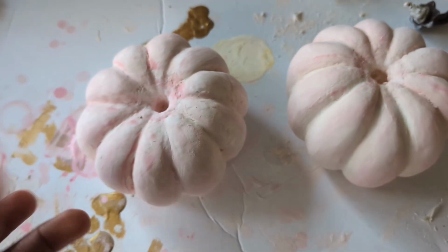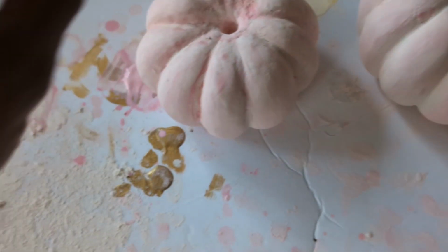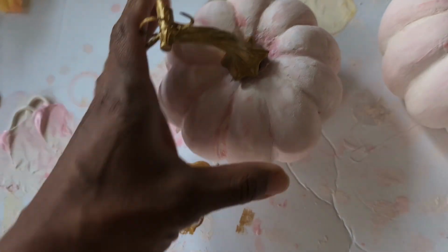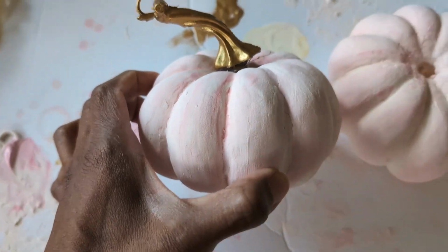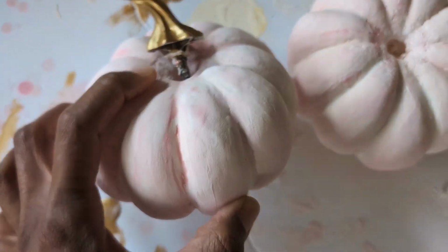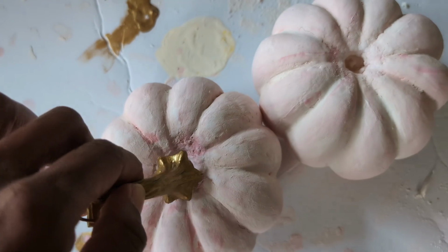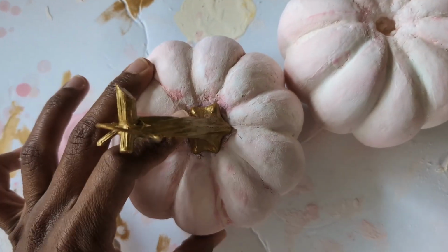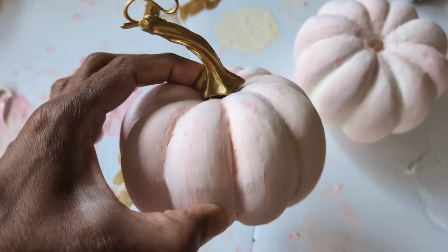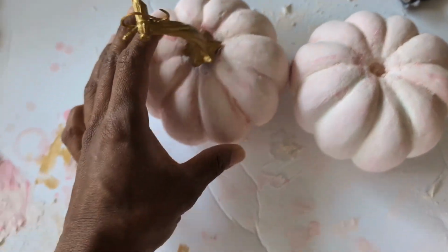And so now my next step, and the decision that I have to make, is do I use the gold stems? So they originally came with this stem in sort of like a bronzy tone, and I think the gold with the pink is beautiful. Sorry, let me put that back in. Yeah, the gold with the pink I think is really, really pretty. And the other option is